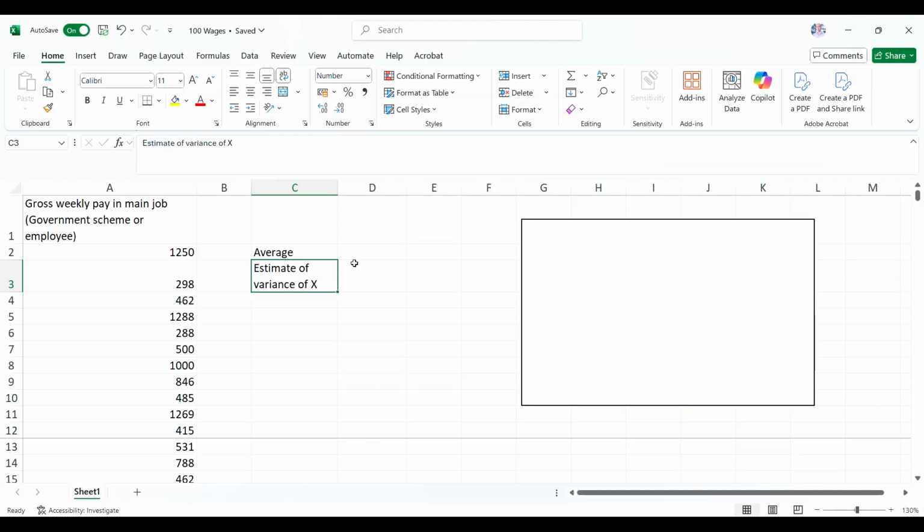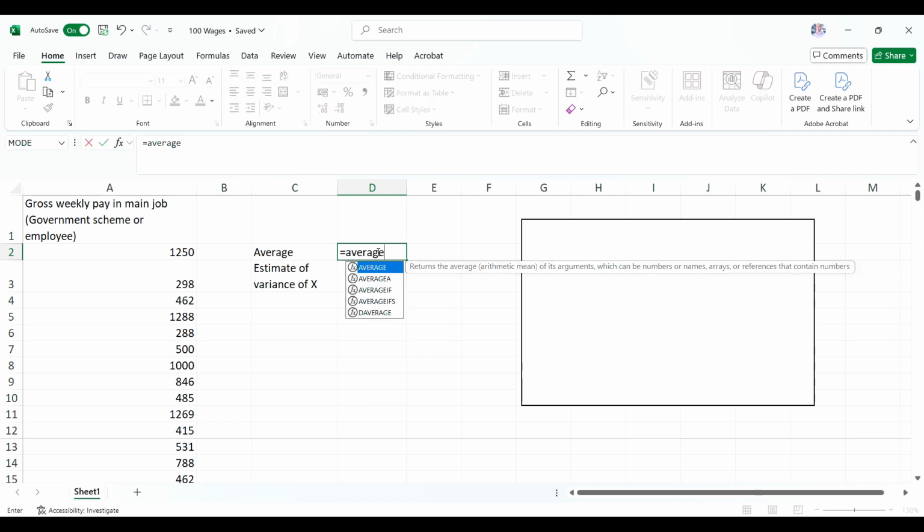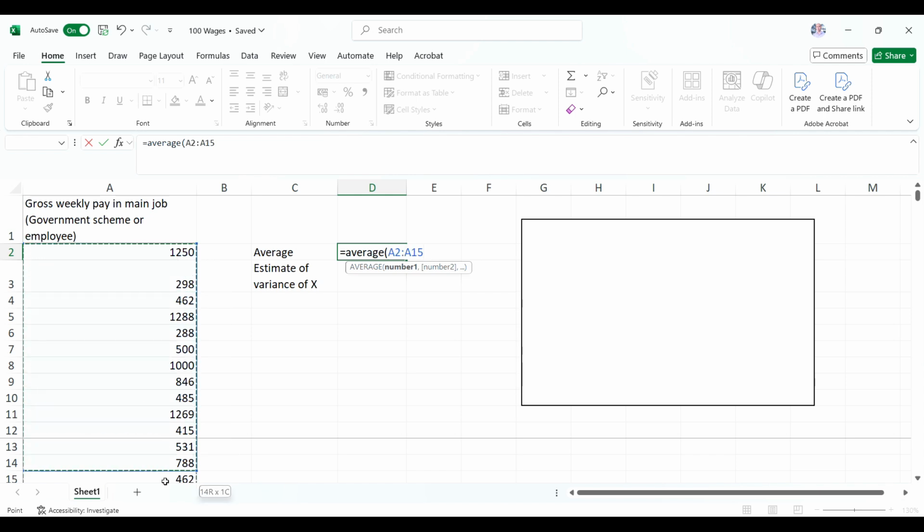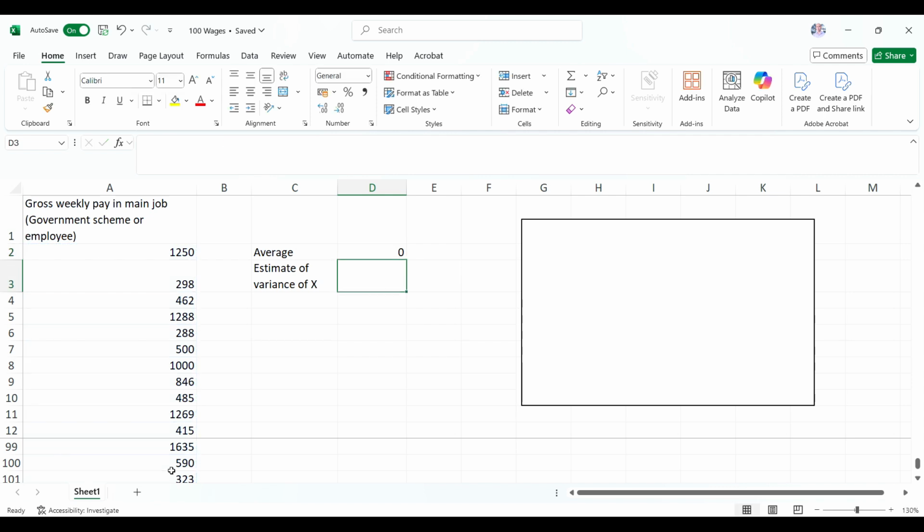So we can use formulae that we've already seen in Excel to calculate our estimate of the population average. The estimate of the population average is just going to be the sample mean, and we can calculate that by using the formula equals average, and then we'll select our data. We've got 100 observations here, so it's in cells A2 to A101, and that gives us an estimate of that population average of